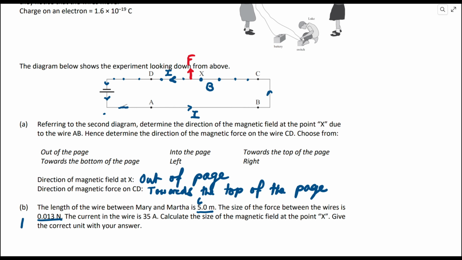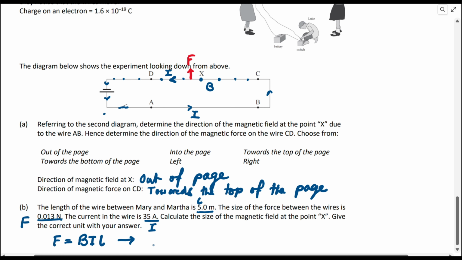We are given the Lorentz force F acting on the wire, and the current in the wire is this. So that's our I. Okay. We have to calculate the size of the magnetic field at the point X and give the correct unit with your answer. So we have to use the Lorentz force formula, F equals B I L,